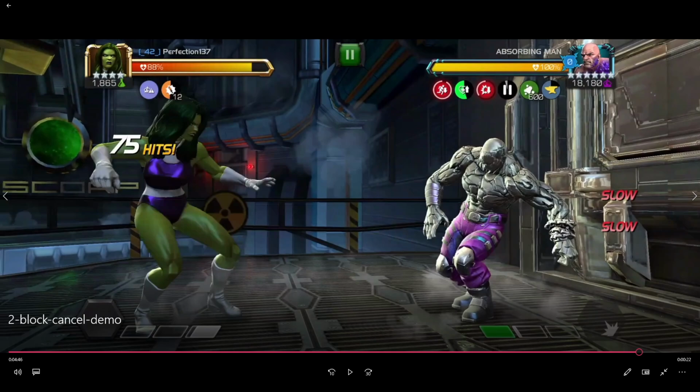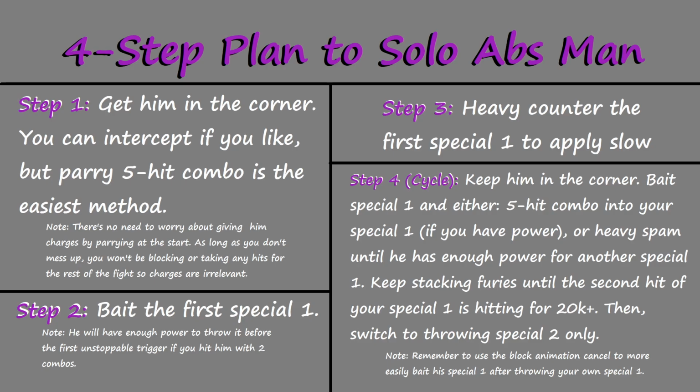So you basically do that to bait special ones more easily. Now, what does all of this mean together? So, this is the 4-step plan I've devised, or I guess I have not devised, but anyway, this is my 4-step plan graphic to beat Absman in one shot with She-Hulk. So, step 1, you want to push him into the corner. If you're good at intercepts, you can easily do this with intercepts, but the